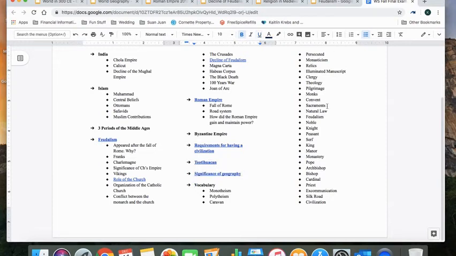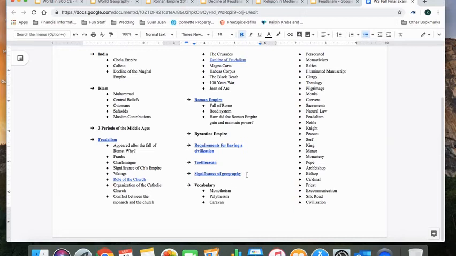The vocabulary is kind of scattered throughout. Now, the good thing is you just did a lot of this vocab for your Unit 2 review. So if you want to just tear out your Unit 2 study guide and then tape it in or whatever you need to do, that's fine. That actually covers a lot of this because it's a repeat.